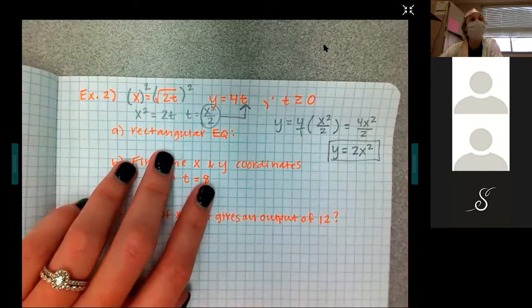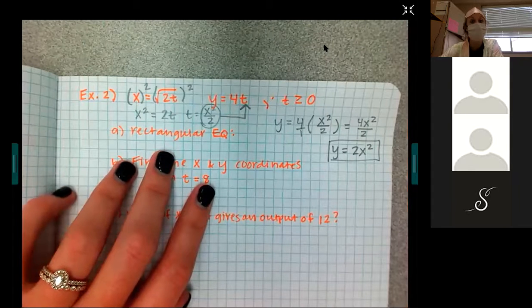If it wants a rectangular equation, x should be the input. No, I know, but like when you're doing